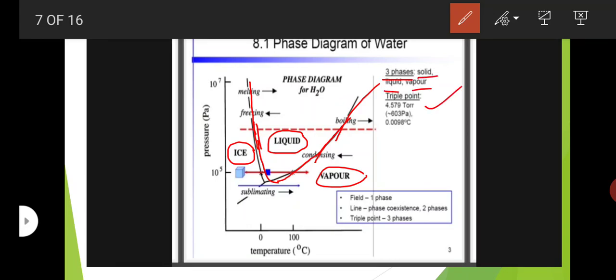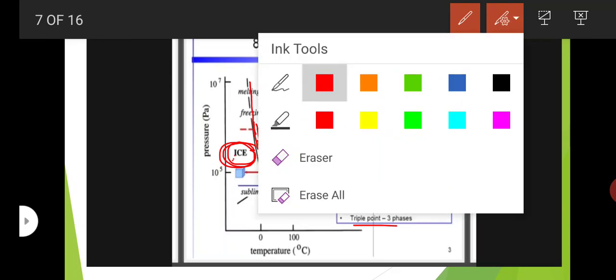Okay, this is the triple point. Here a field is one phase, a line is two phases, and the triple point is having three phases. This is the field or area. This field is having only one phase: this field only solid phase, this field only liquid phase, and this field only vapor phase. A field is having only one phase,